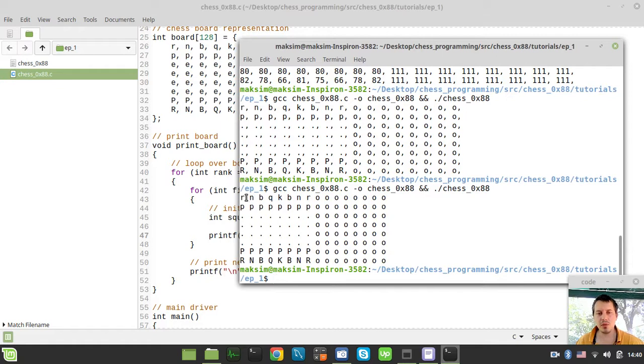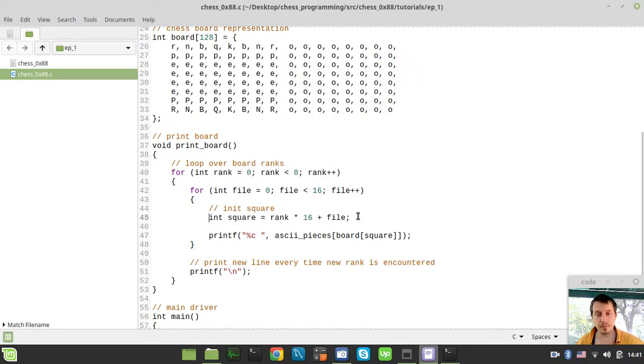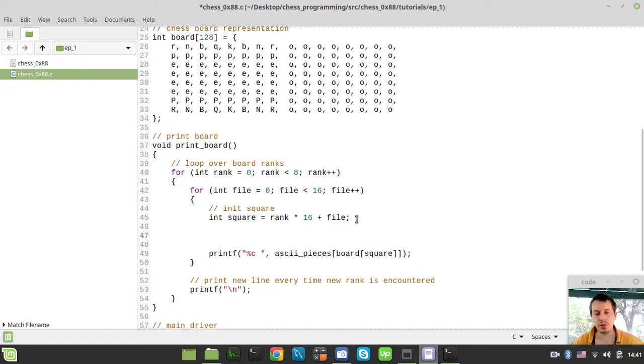So you see, we get our piece set on the right and we got the set of empty squares on the left. But obviously we don't really need to print these empty squares, and I just wanted to show you how the board kind of looks like. But from now on we can get rid of this entire part on the right, because we need to keep track only of the board itself. So the main trick to do this is using the hexadecimal 0x88 system. So we want to print only on-board squares,